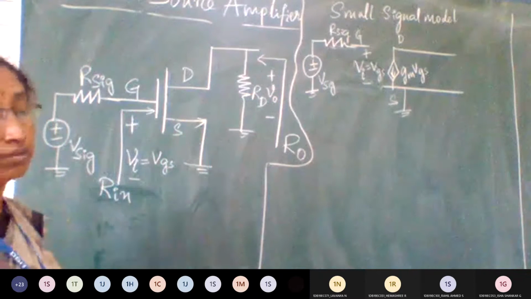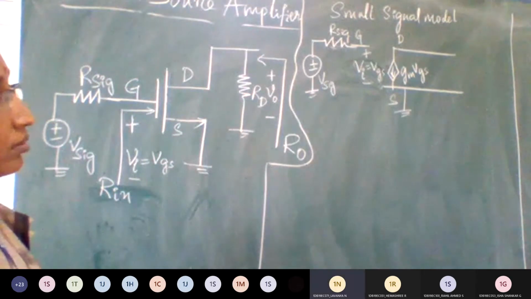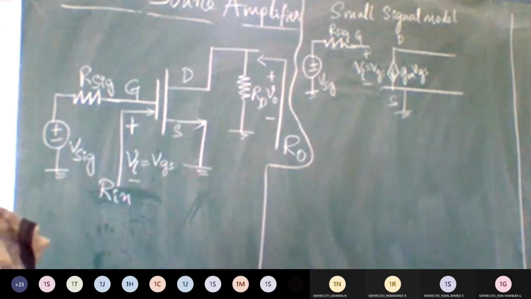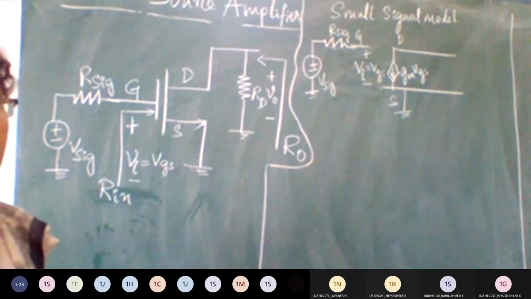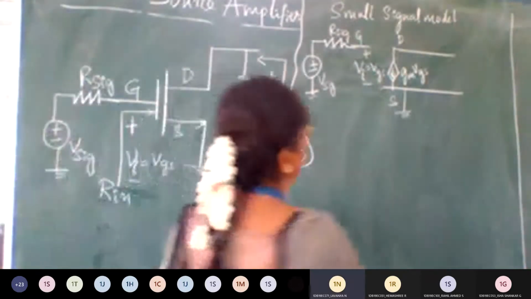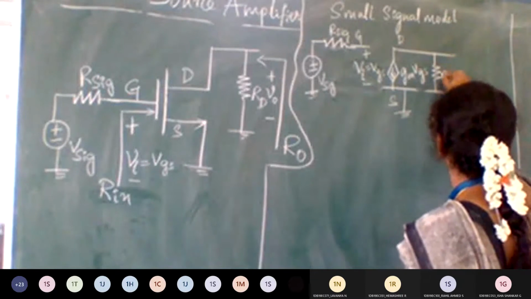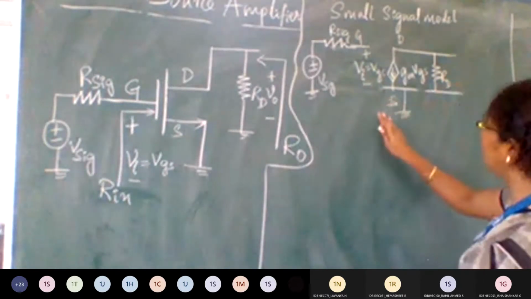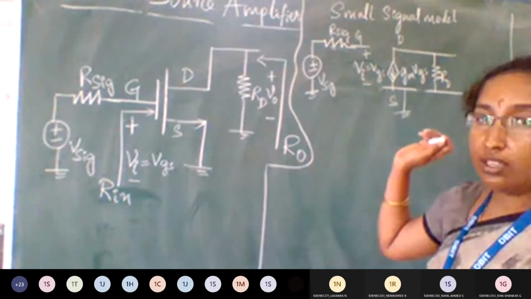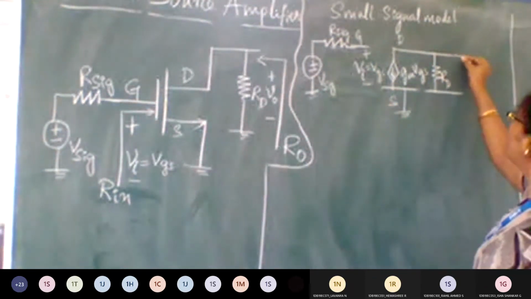On the output side, RD. I have written Vi, and Vi is equal to VGS. The drain has another resistance, RD. So the drain resistor is RD. This is the common ground, so we are grounding all the things. I can do this also, no problem. And one more thing.